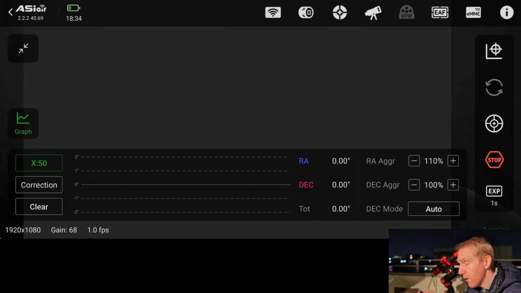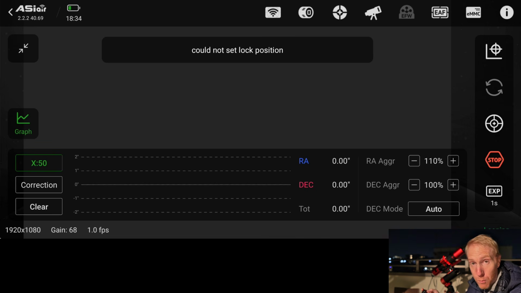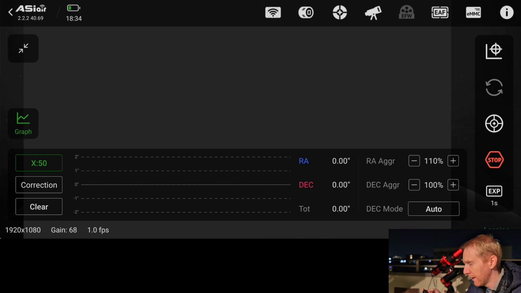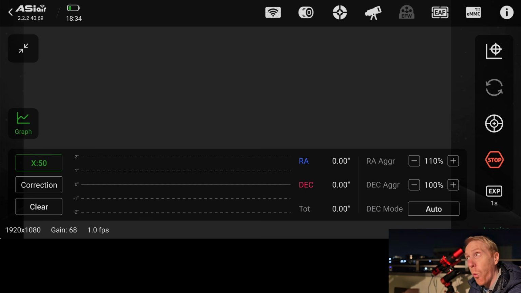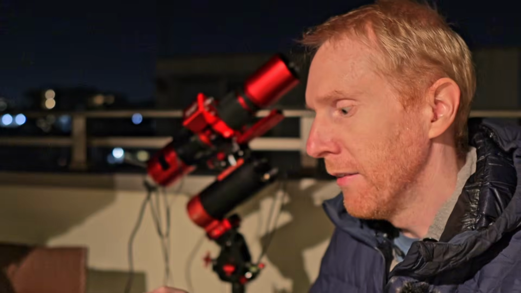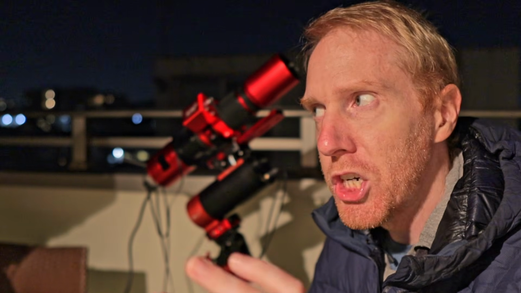And then at the very bottom, we'll have a guide graph, which is available here. It will tell you your performance in terms of guiding for both right ascension and declination. This figure is the total guiding error. If it's 1 arc second or better, it's usually very good for any setup that you may be using. And then you have parameters like the RA aggressiveness and the declination aggressiveness that basically determine how much